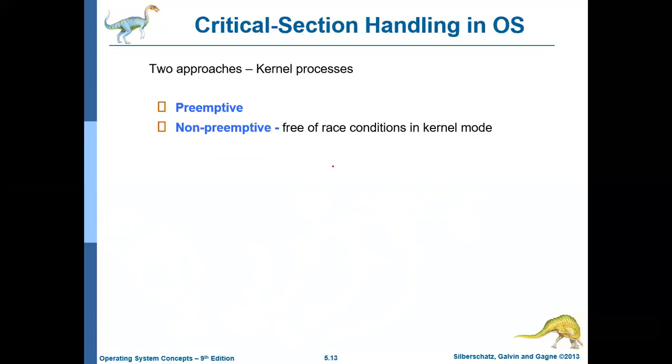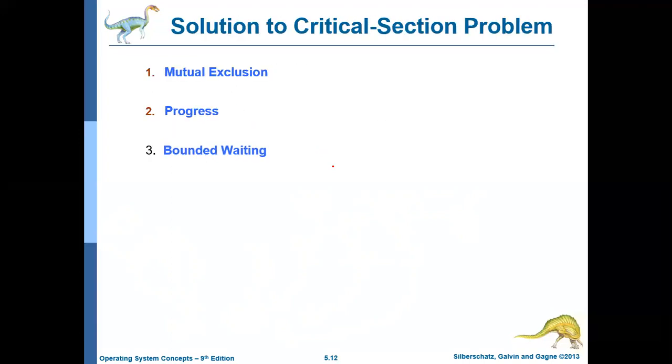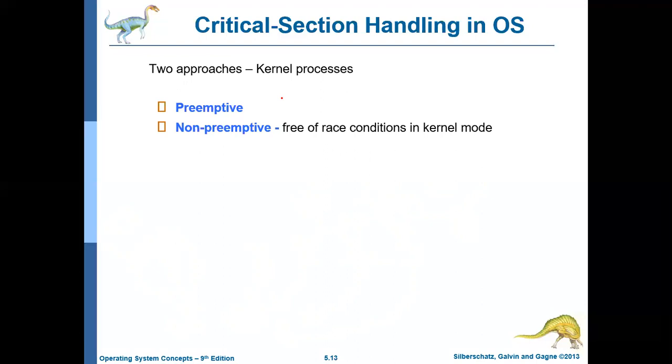So basically, before completing, I just want to say this also. If you take a typical operating system kernel, there are a lot of concurrent processes going on. Many concurrent processes will be executing at the same time, and these processes may be sharing a common shared variable also. And kernel processes are generally classified into two categories. One is the preemptive kernel process, the other one is the non-preemptive kernel process.